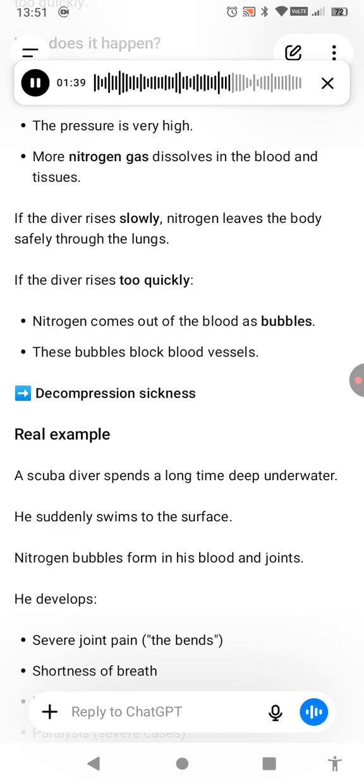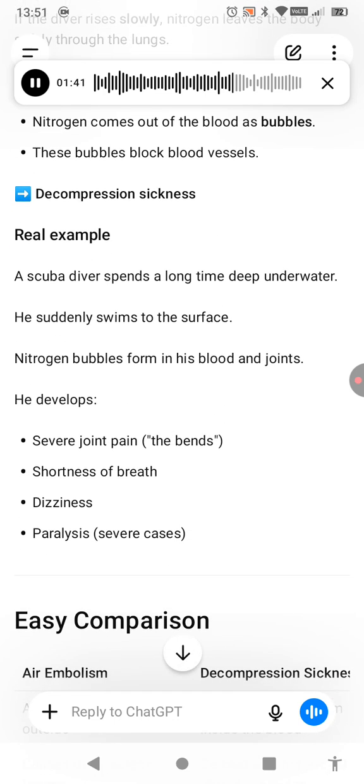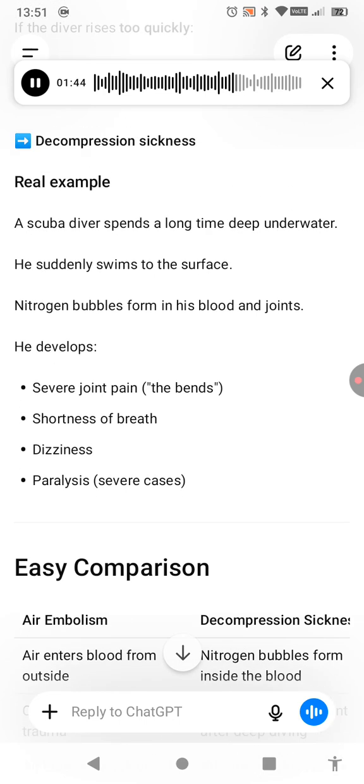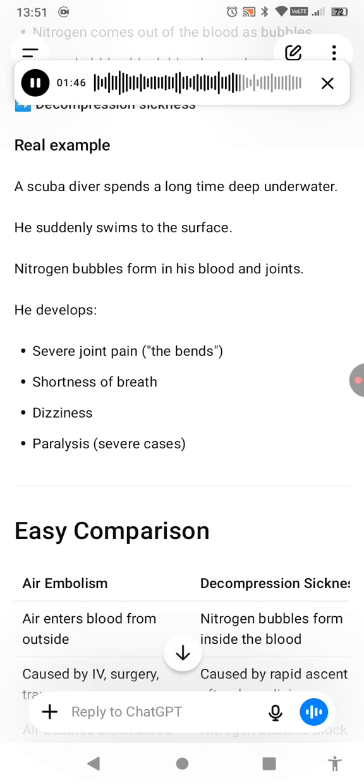Decompression sickness. Real example. A scuba diver spends a long time deep underwater. He suddenly swims to the surface. Nitrogen bubbles form in his blood and joints. He develops severe joint pain, the bends, shortness of breath, dizziness, paralysis, severe